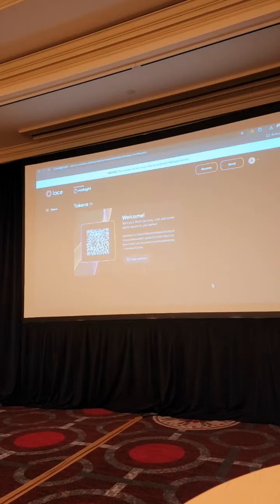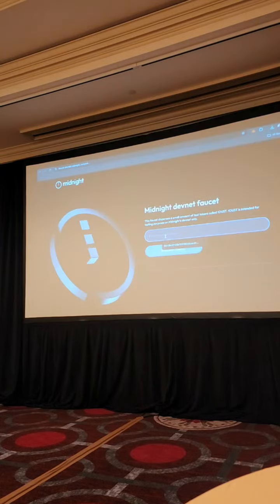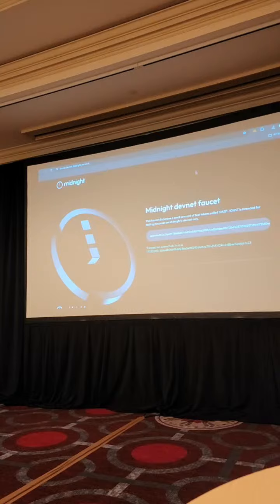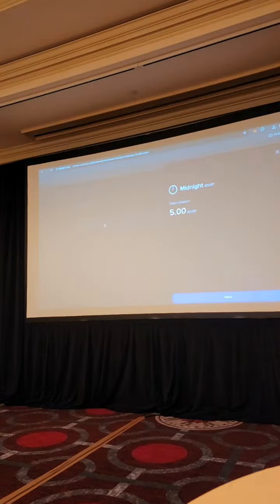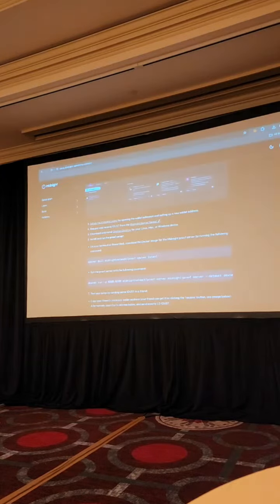There's your address. You can take that address. It's going to bring you back to the quick start. It's going to tell you where the faucet is. So you take that address over to the faucet, click the big blue button, wait for the proof to get generated and then the blocks to get committed. You're going to get a transaction ID back, and then it's going to show the Lace wallet, and you get 5 of our test dust when you do this. You can come in and get more and more, but you really don't need that many because the cost of this is pretty low at the moment.